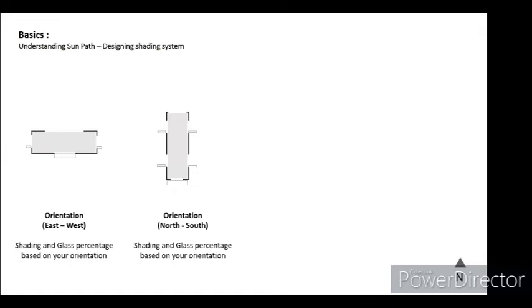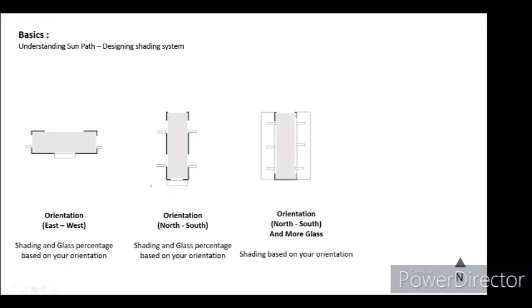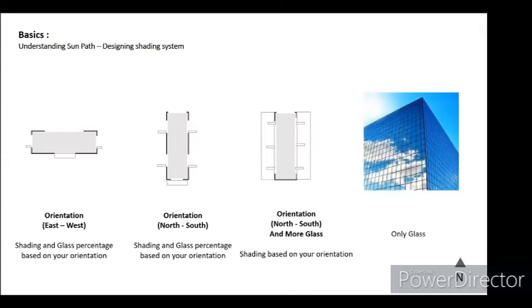Again, let's say you are designing a showroom or a commercial space where you are mandated to put a lot of glass, so that you can show what is happening inside and stuff like that. But still, you can design a better shading system to avoid most of the issues. Of course, the best solution is always with less glass, but based on the programs and based on the orientations, you can vary these things, but design a better shading system. Don't end up just putting a glass box everywhere. It's going to look exactly the same. And this is not what we talked about.